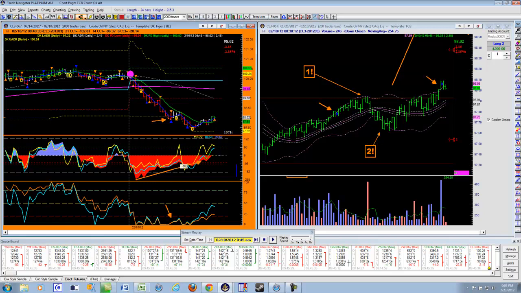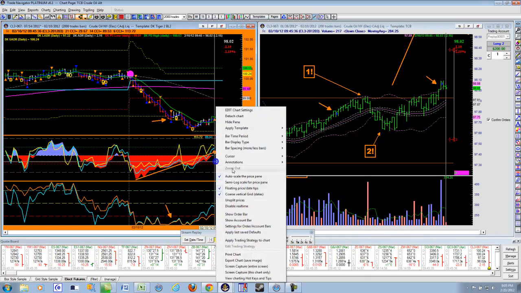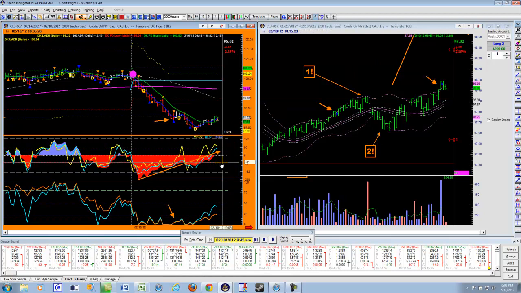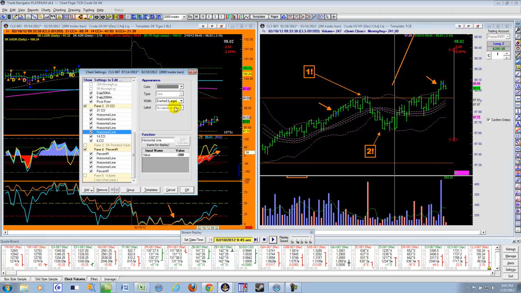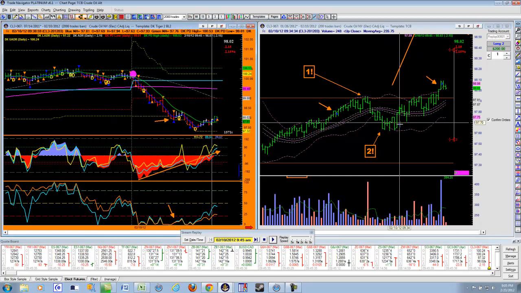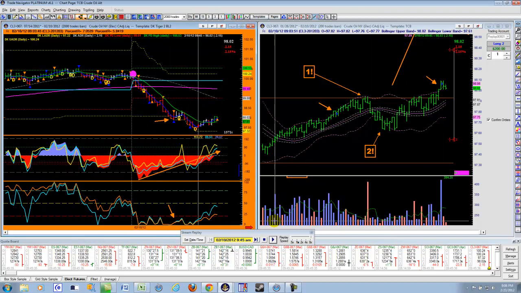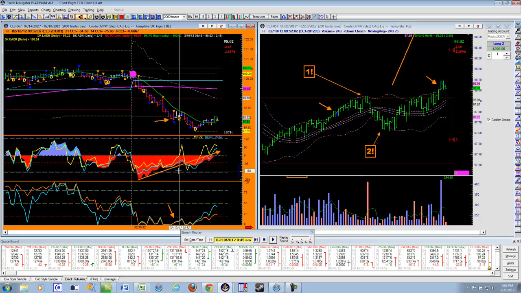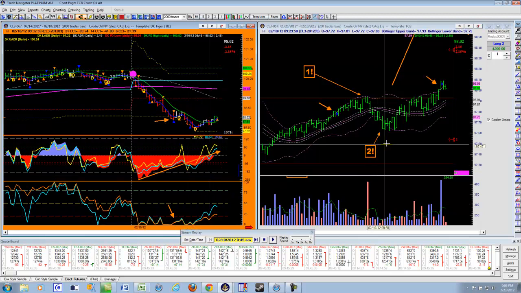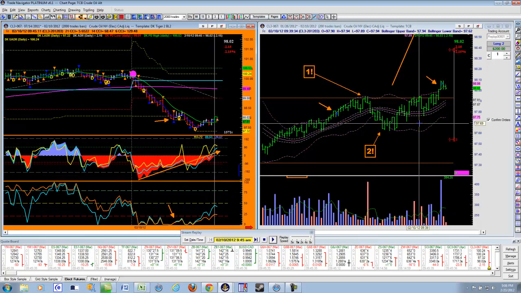Whoops, I'll have to fix that later. Let me get rid of that one. Hold on, I want to get rid of that one. I'll take care of that later. But you see that we've got the horizontal. I'll take care of that later. So we have the horizontal lines all kicking in. We have the volume kicking in. We have our technicals on the side here, our indicators here kicking in. The whole movement is sound at this point.